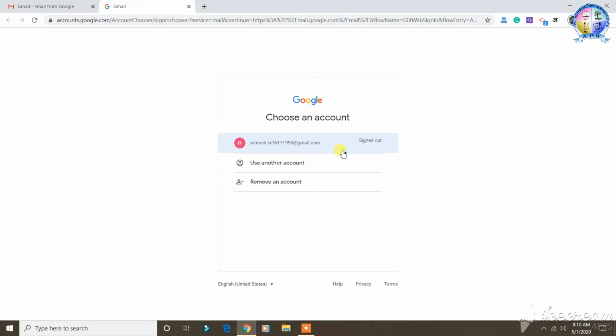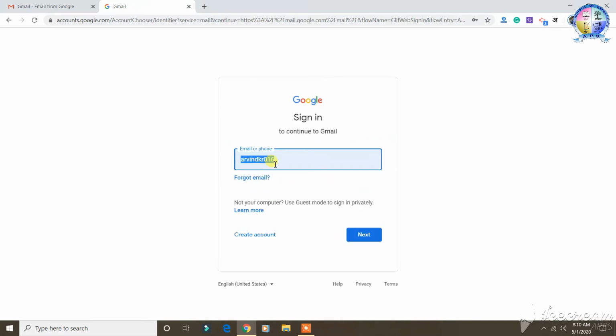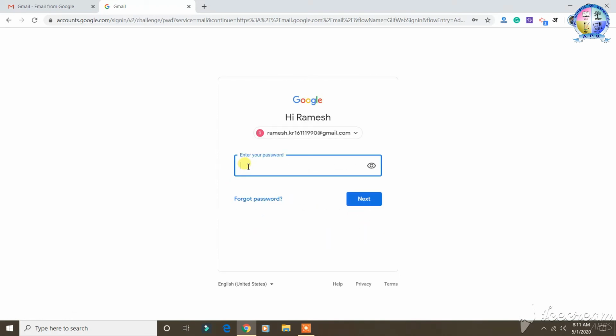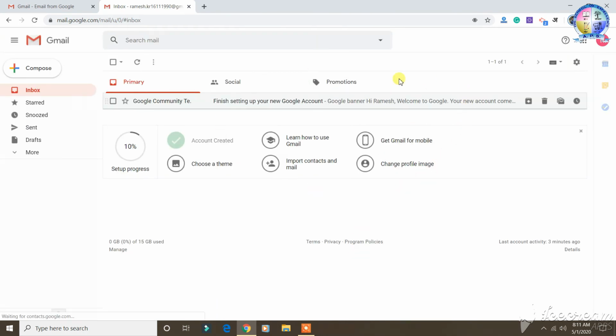You can go through this, or click on use another account and just enter the email ID here. Once you enter your email ID, click on next. It will ask for the password. Once you enter the password, click on next. After clicking, you will be redirected to this page.